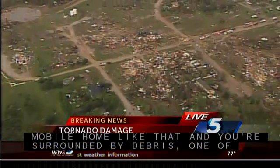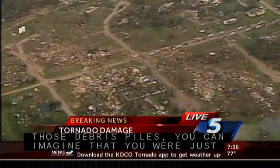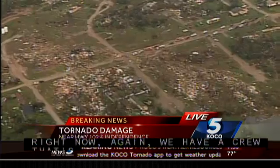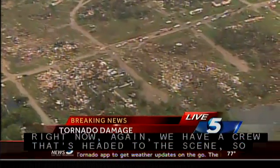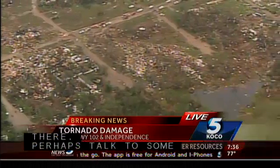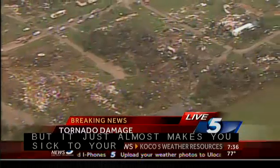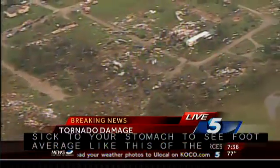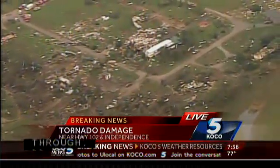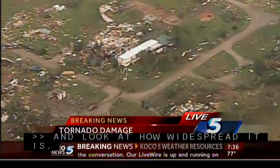Right now, again, we have a crew that's headed to the scene, so we can get on the ground there and talk to emergency crews, perhaps talk to some residents of that area, but it just almost makes you sick to your stomach to see footage like this of the damage after that tornado that came through. And look at how widespread it is. It's not just one little area. This looks like the entire mobile home park has been taken out. I mean, through all this, I've seen maybe two